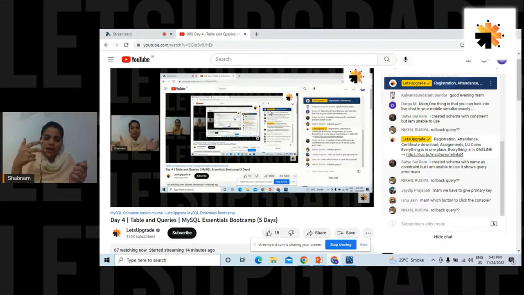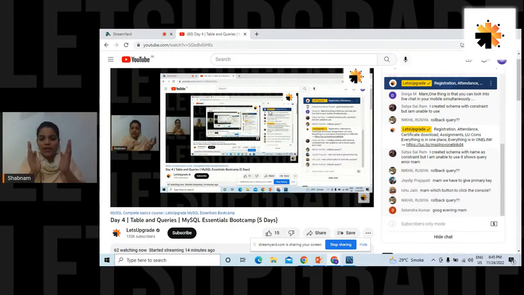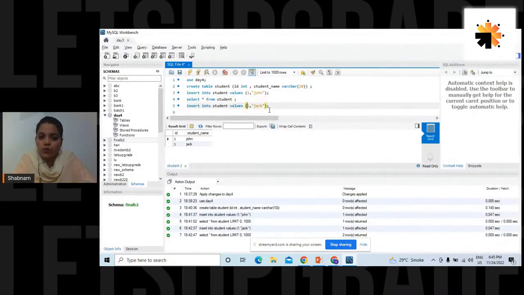How can two customers have the same PAN number? Or how can two customers have the same license number or passport number? Is it right? For that purpose, what we have to do is declare the column as the primary key. All right, fine. So let's quickly see how to do that.